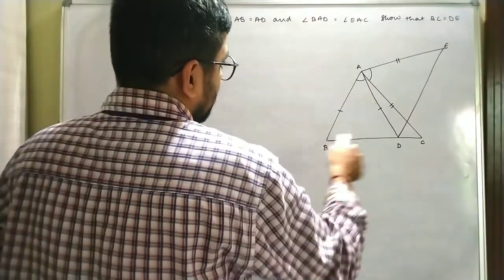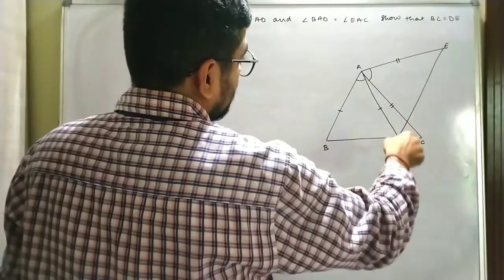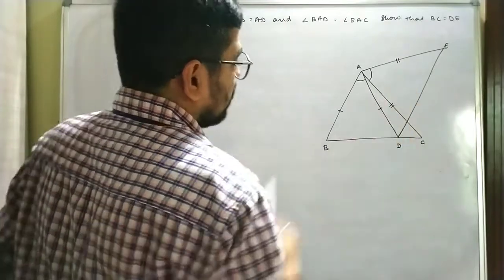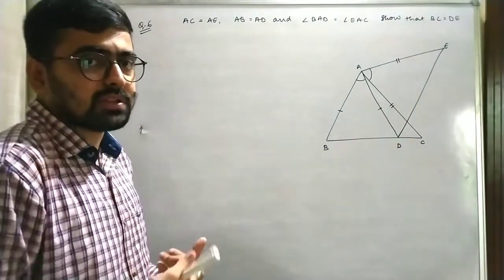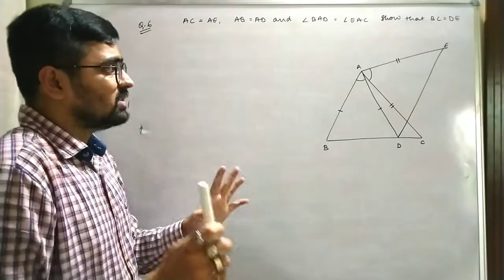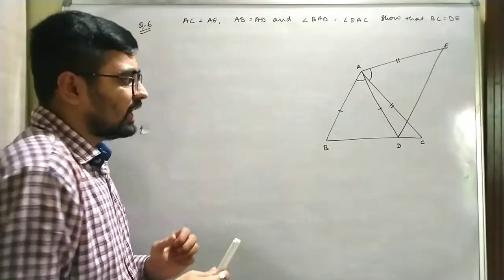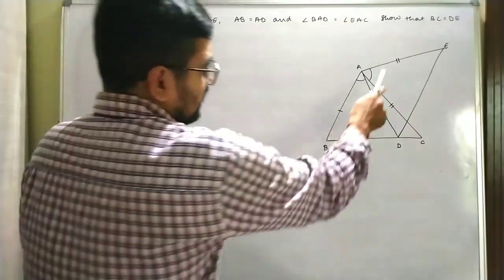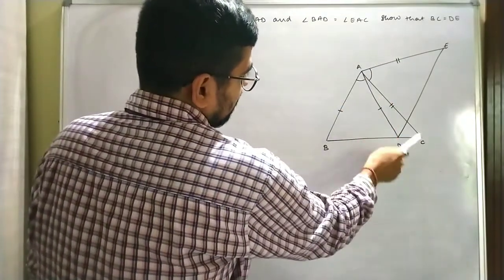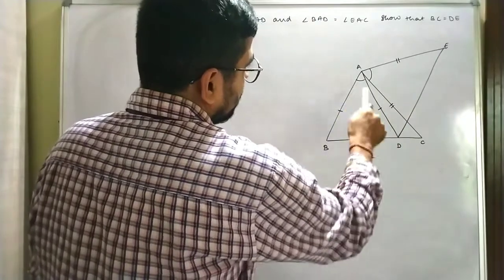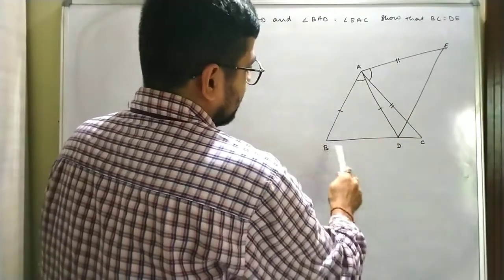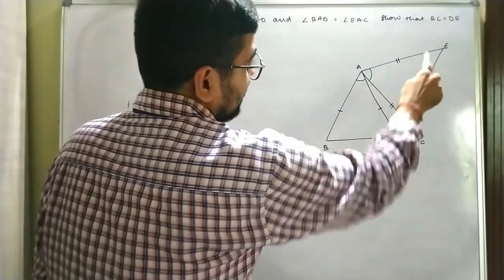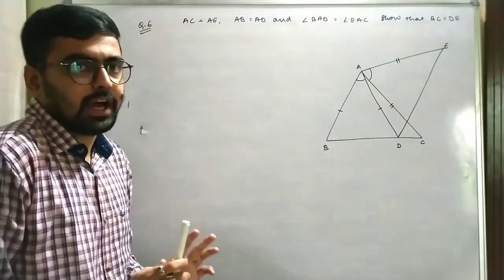Suppose for instance ABD, correct? AED, ACB, correct? So there are many triangles, but we can't just randomly pick something and go for it. So let's try to somehow get to the idea that I know that this side and this side are equal. Okay, very good. This side and this side are equal. That means somehow I have to involve A, B, C in a triangle so that I get BC, and I have to involve A, D, E in such a way that I can get DE. Are you getting my point?